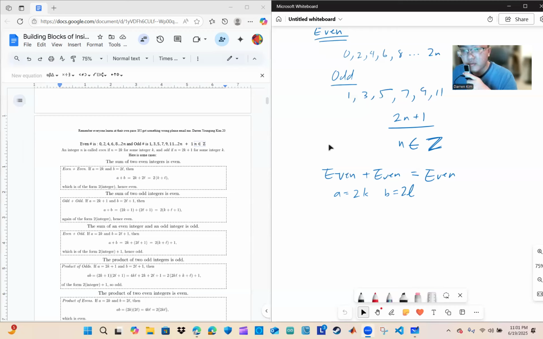Anyways, we're over here now, right? So when you're adding this, you're looking for even. Even is defined by 2k, no, 2n, right? So we just have to do a plus b, and then 2k plus 2l. These are two different integers, but once you get k plus l, we understand that we can get this as equivalent to n, in this case.